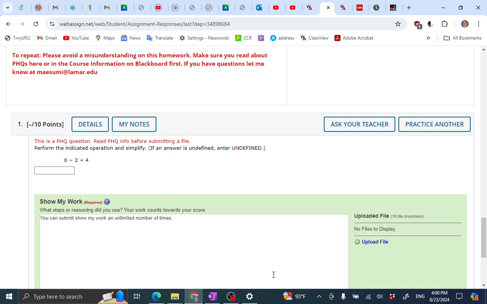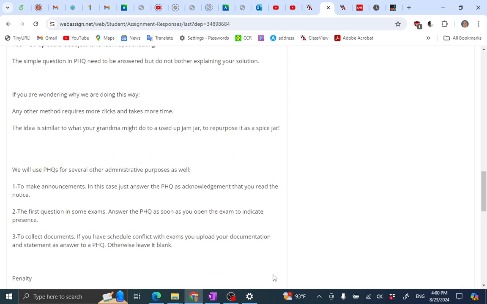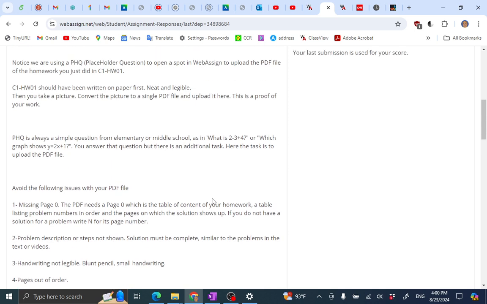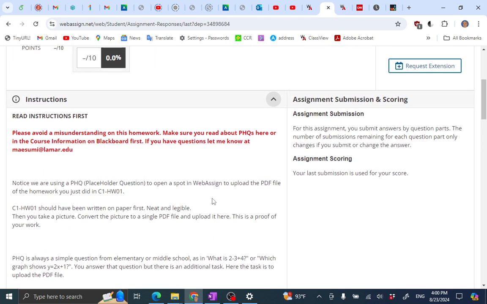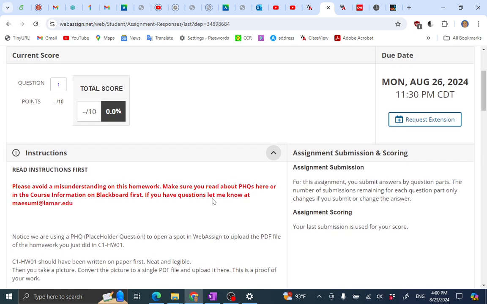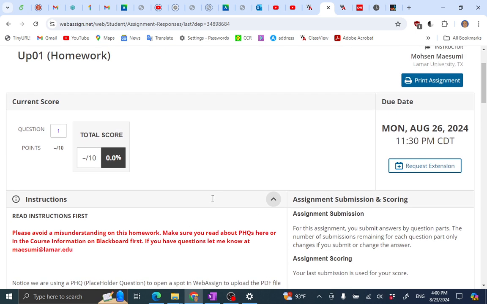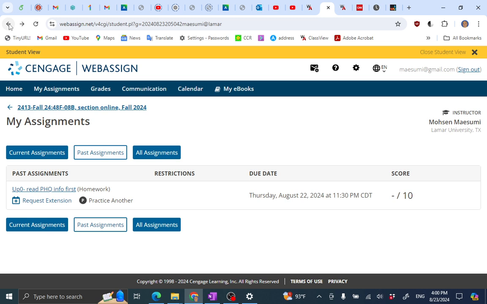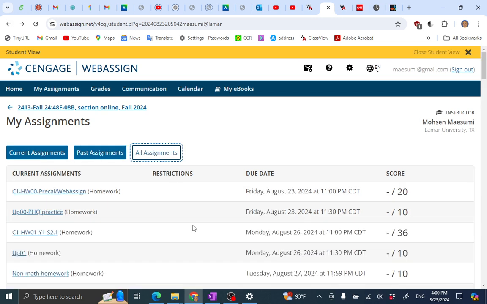In each case, just read the instruction above the problem itself. So here I have spent quite a bit of space to explain what we just said, but it all adds up to what I was just telling you. Okay, so let's go to all assignments. So that's what you do with all of these